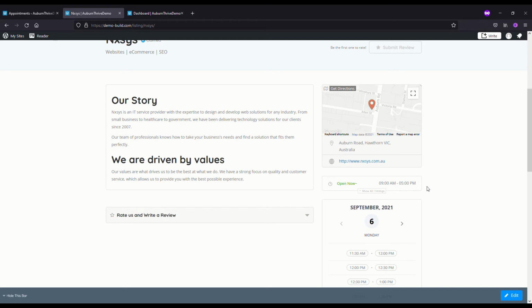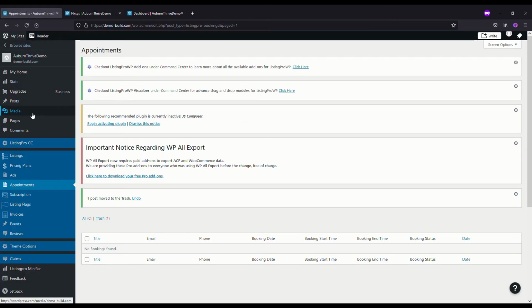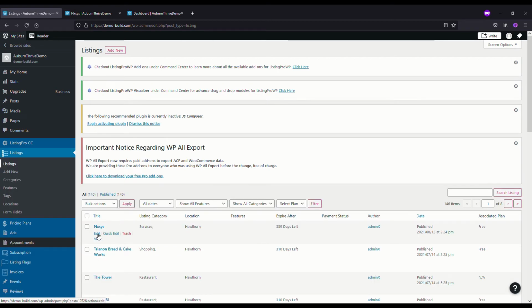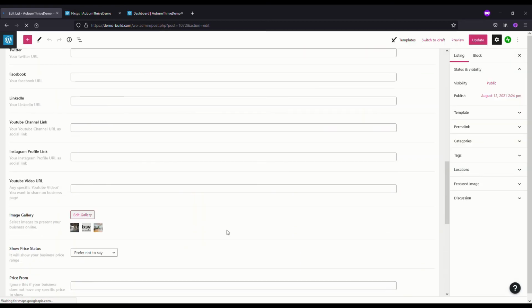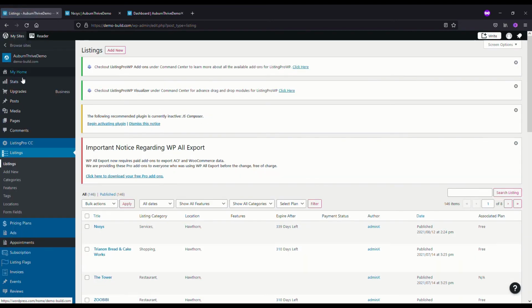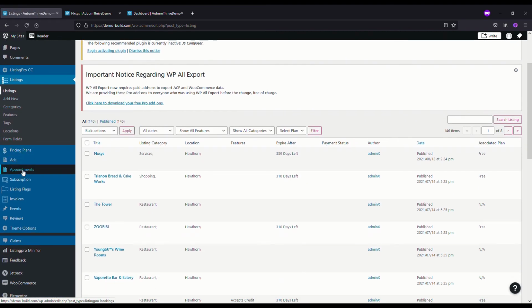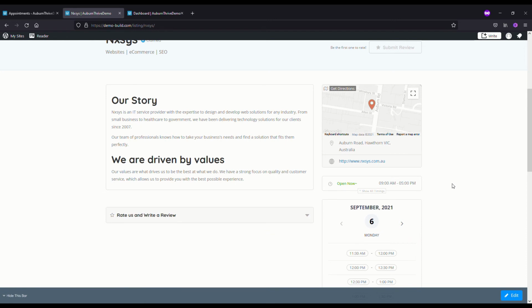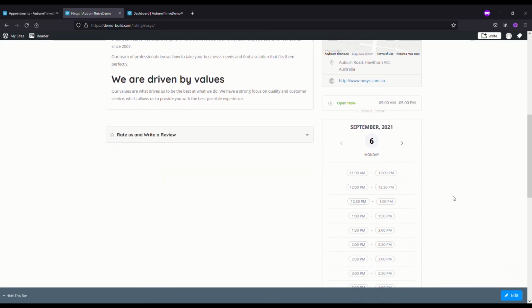And as a listing owner, you can do it in your own admin panel, but also via the main admin. You can go down to listings and you could open up the listing and you could scroll down to the bottom here and you could update it there. So anyway, we'll jump back over to the main panel. And just something else to be aware of here, there is this appointments menu, and you can see here currently there are no appointments. So if we go back over to here and make an appointment,